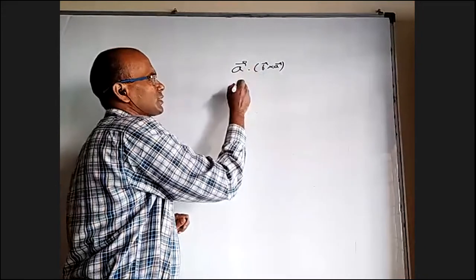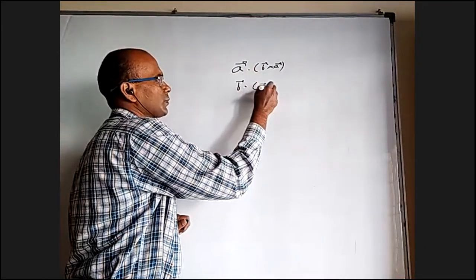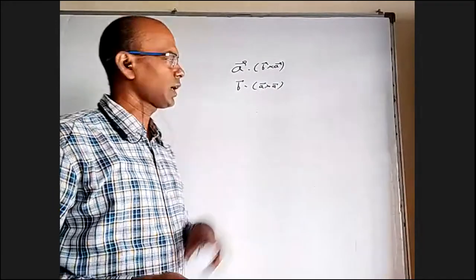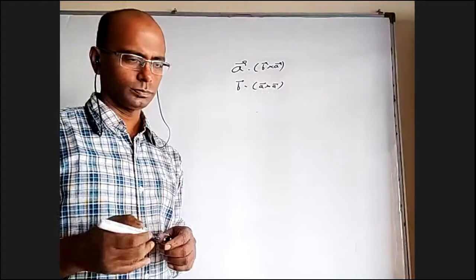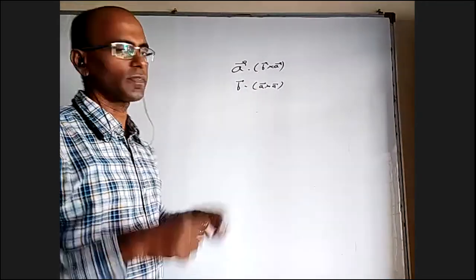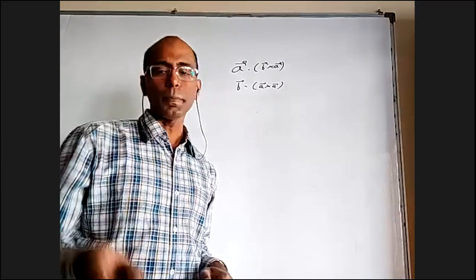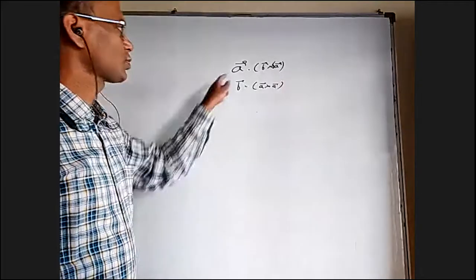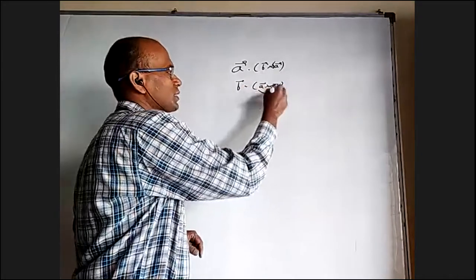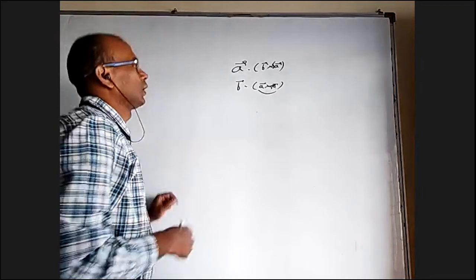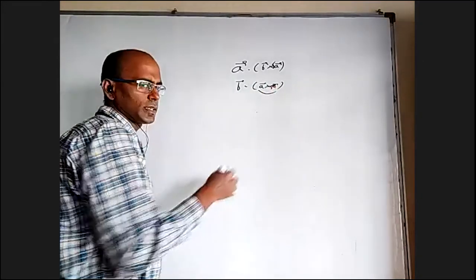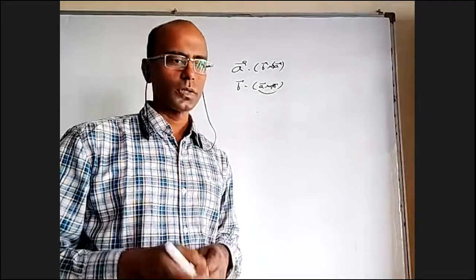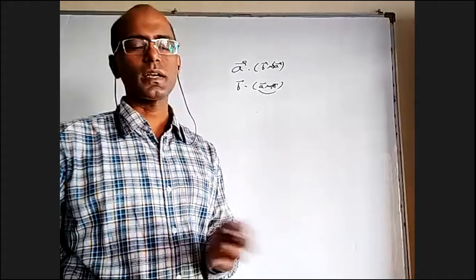What if these two vectors are, let us say, B bar dot A cross A, something like that. Then A cross A is the null vector, and the null vector dotted with anything will be 0 again. So out of the three vectors, if any two vectors are the same or even parallel, I may have 5A bar, still these two are perpendicular, or even if I have 5A bar, still this cross product is 0. The same thing you can understand in determinants. In determinants, if two rows are the same, or one row is a multiple of another row, that is 0. So it is like we are discussing determinant properties side by side.